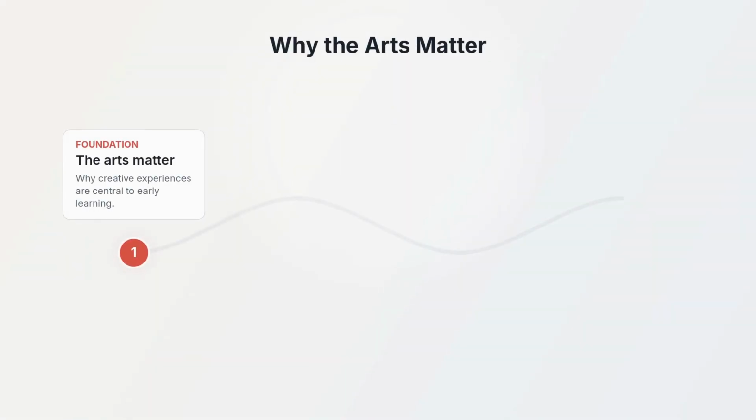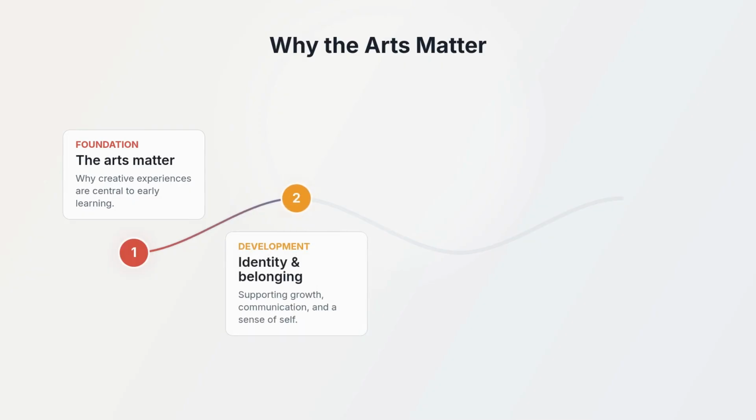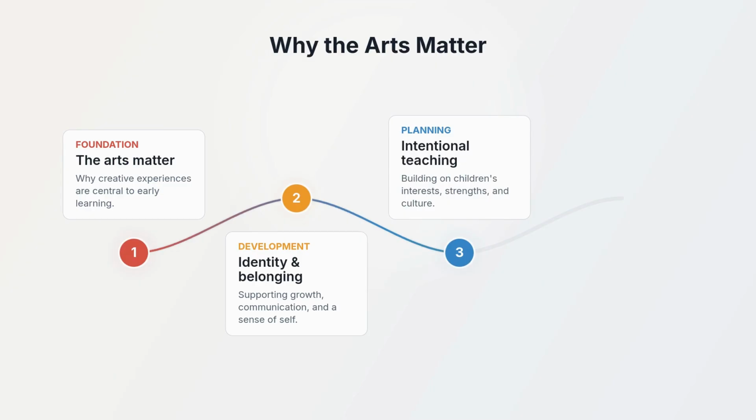Element 1 begins by exploring why the arts matter in children's development and learning. You'll look at how creative experiences support identity, communication, confidence, well-being, problem-solving, and children's ability to make meaning about the world around them. You'll also learn what creative freedom means in early childhood practice. It isn't just about giving children materials and stepping back. It's about making space for choice, imagination, experimentation, and self-expression, so children can explore ideas in their own way. This connects closely with learning dispositions such as curiosity, confidence, persistence, creativity, and willingness to take part in new experiences.